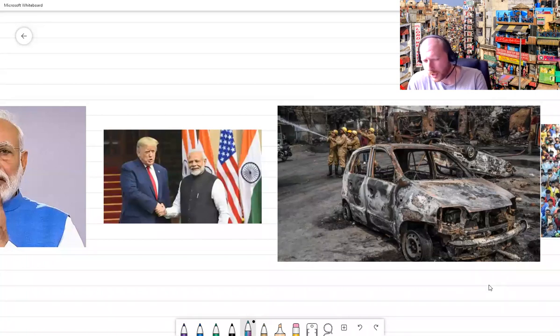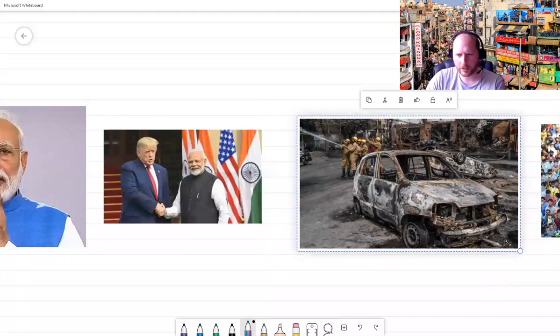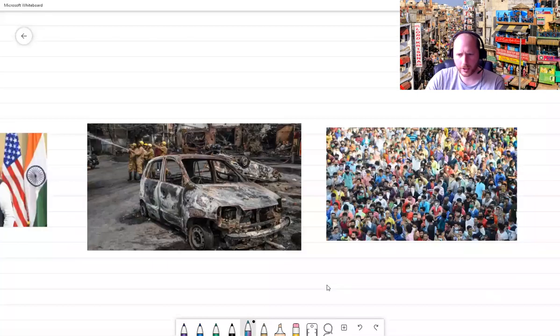And some people point to Mr. Modi and say, well, it's your fault, Mr. Modi, because you're not being fair, you're not being equal. You are being nicer to the Hindus than you are the Muslims, and you're asking for trouble. So, I don't know. We'll have to wait and see how that develops, hopefully without much more violence.